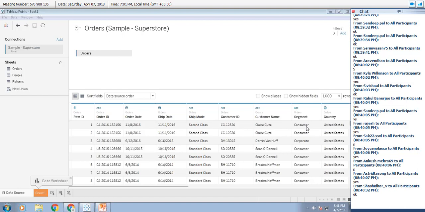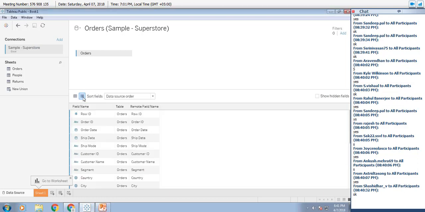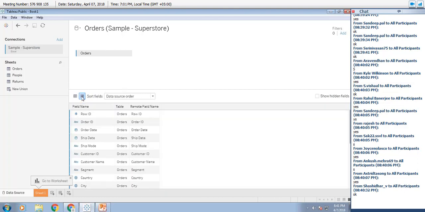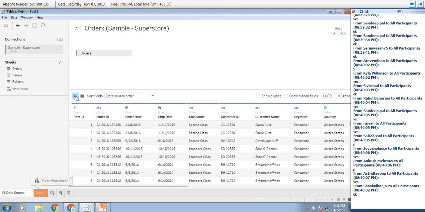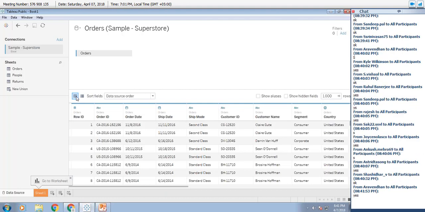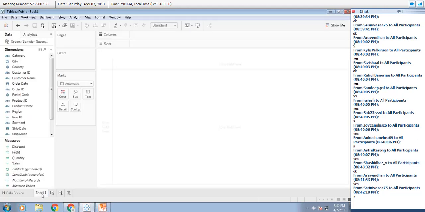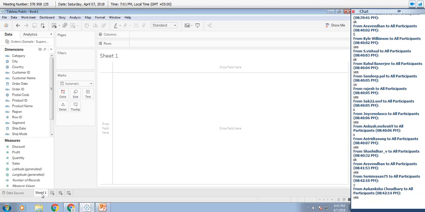Right now this is a grid view. You have a metadata view. Do you see this option? The grid view and then a metadata view. These two tabs are basically sampling out the data. Then you have this Sheet 1. Can you see a prompt there telling go to workbook? You have Sheet 1, so click on that. You will be arriving at this window.